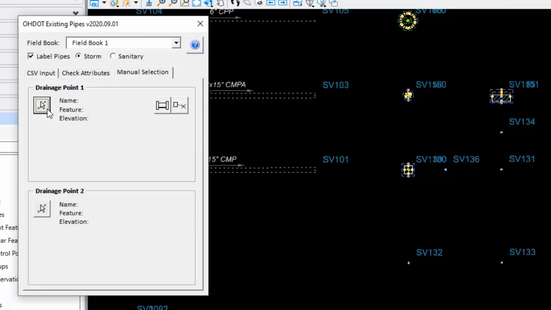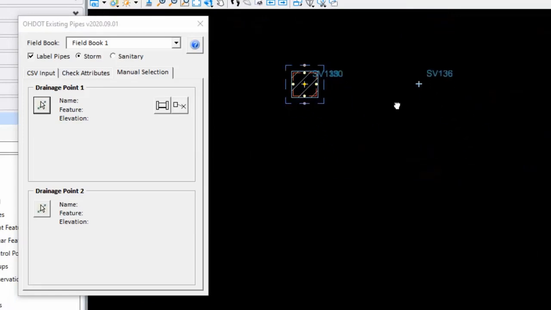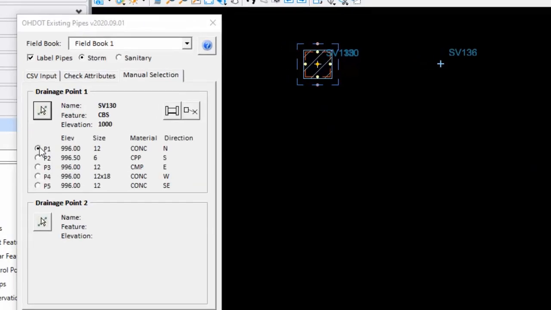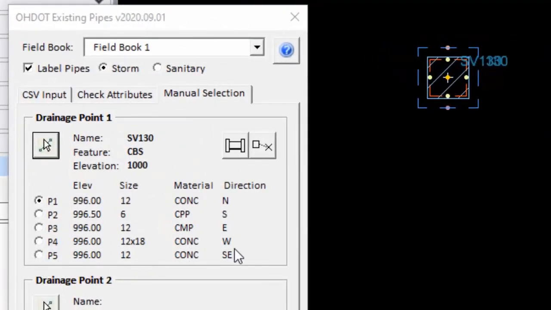Okay, so I'm going to get started by selecting my first drainage point. I'll use this Select button, and I'm going to come over here and zoom in a bit and just click on this catch basin square. It's reading all the attributes for that particular structure and showing that. What it's done here is it's converted the dips to an elevation. It's just taken the dip value and subtracted it from the elevation of that survey shot.